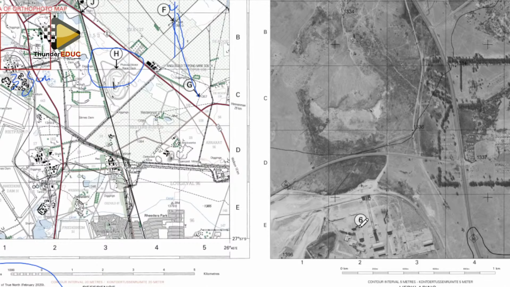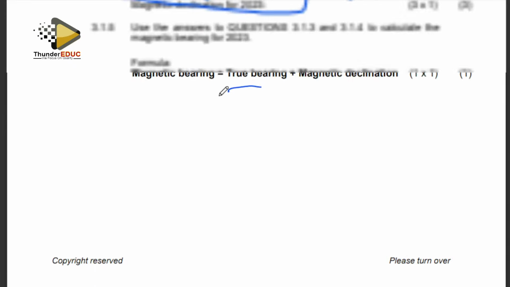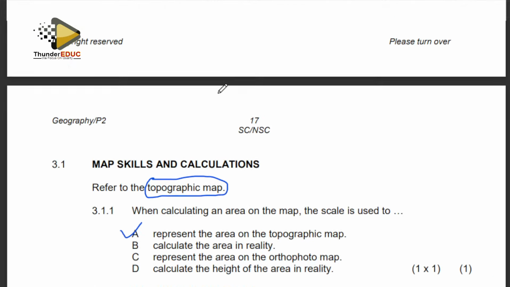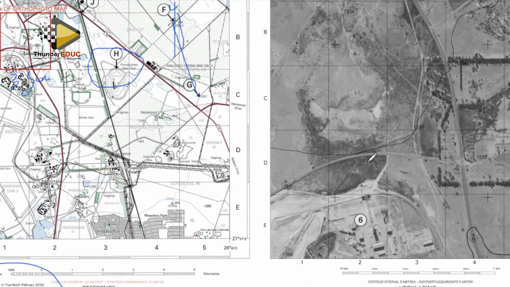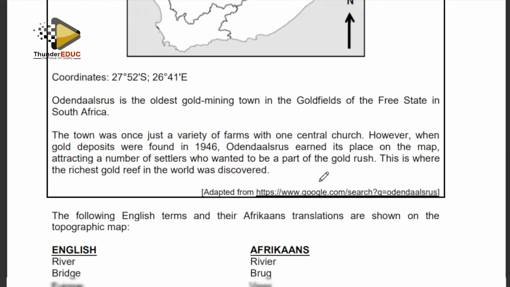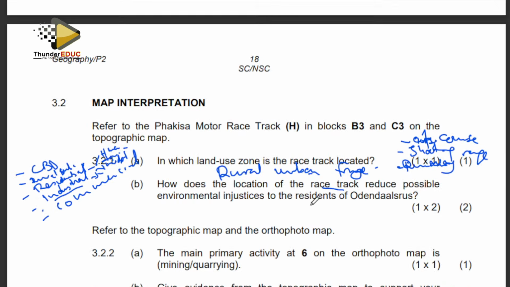Do you think you can identify the activity? If you can't, then we can also look at this. This can help us to also understand sometimes, that is, if the questions are provided or some of the activities are provided. But based on this, it's basically mining of gold in the town. So I would conclude my answer to say that the main activity taking place there could be the mining, not